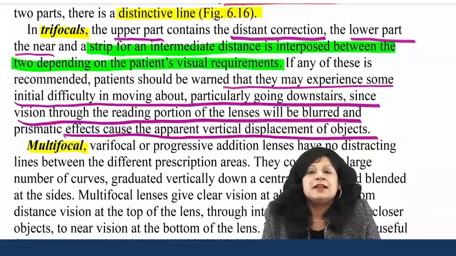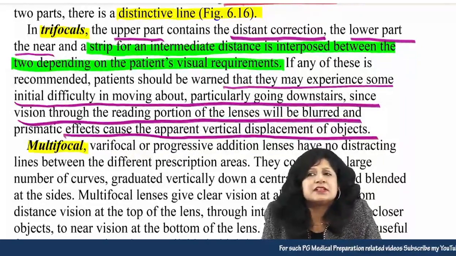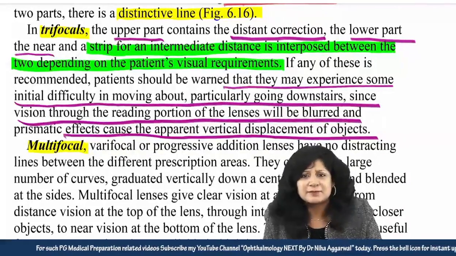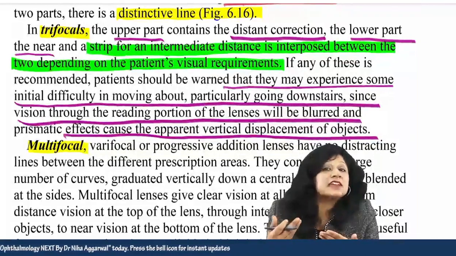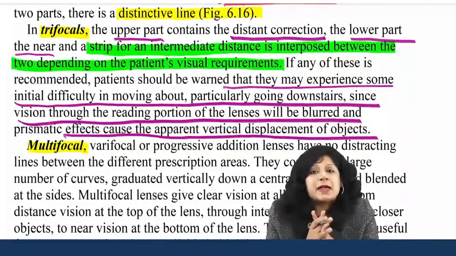You may be hearing your parents and grandparents saying that initially when they start using near spectacles, they are not very comfortable and they even resist, saying that we see better without the spectacles. This is because it takes certain time to get accustomed to the new spectacles.